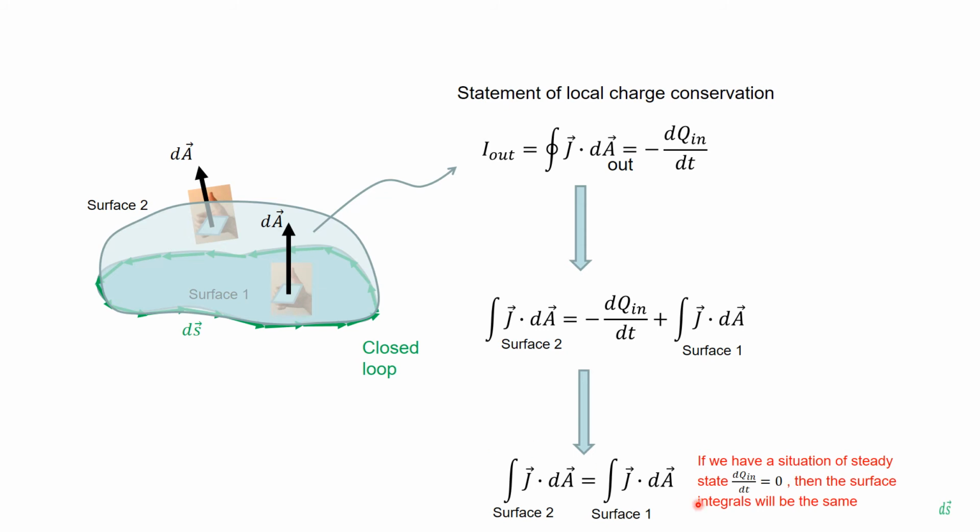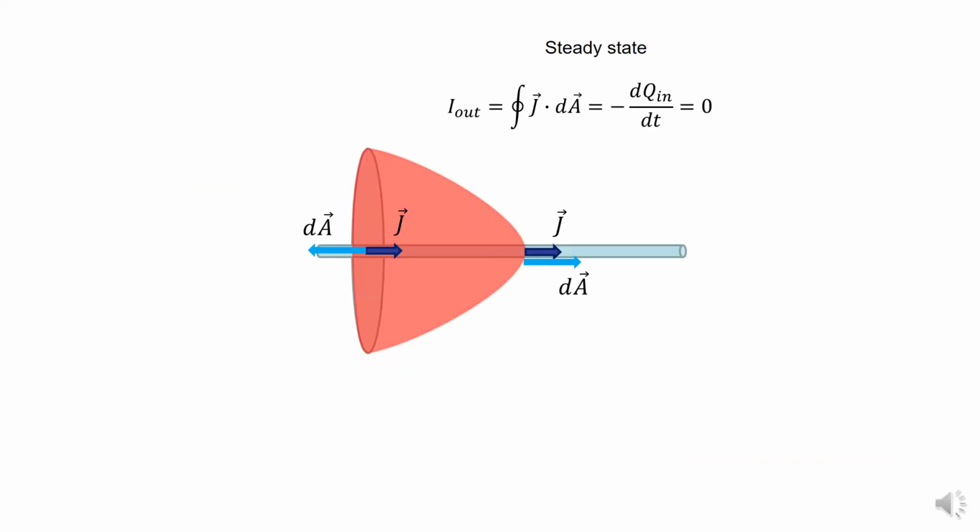So it turns out that the surface integrals for surface number 1 and surface number 2 are exactly the same only in the situation where we are in steady state, if dQn/dt is 0. An example of this is this example. You have here a wire with a current in it, and the current is going to the right. I'm going to make surface number 1 this circle, and then surface number 2 is some kind of open, curved surface that's bounded by the same